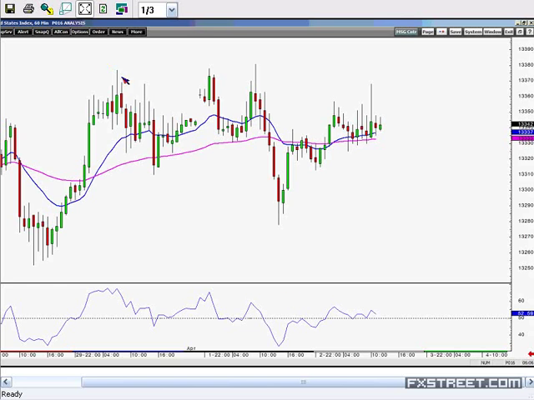So we've got a lower high here and a slightly higher high here. Okay, so that's actually bearish divergence. Let's just move that off. Okay, and what I also want to see,